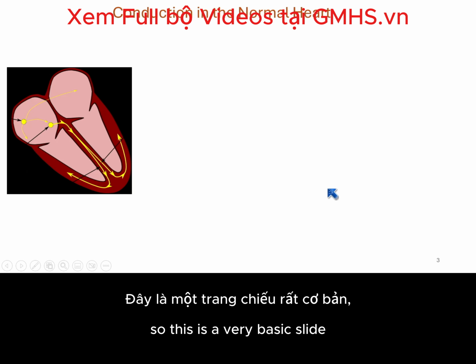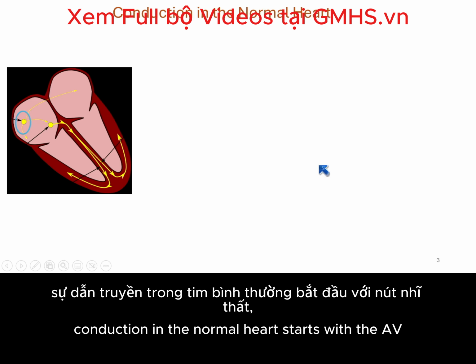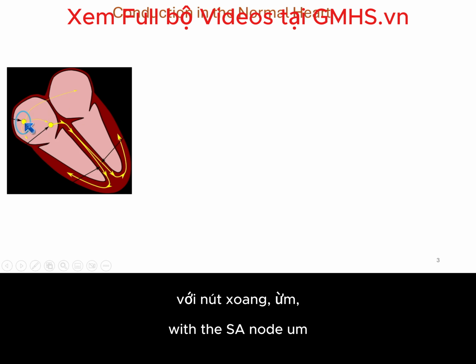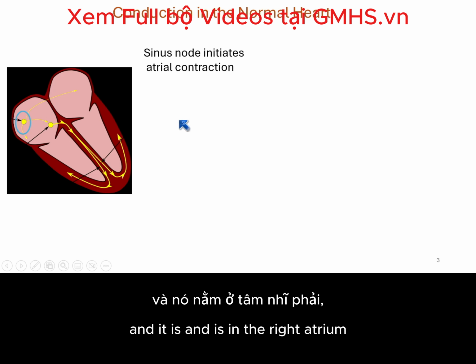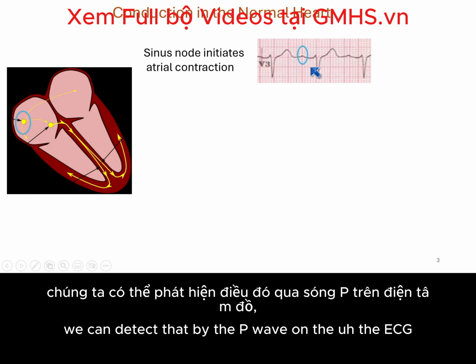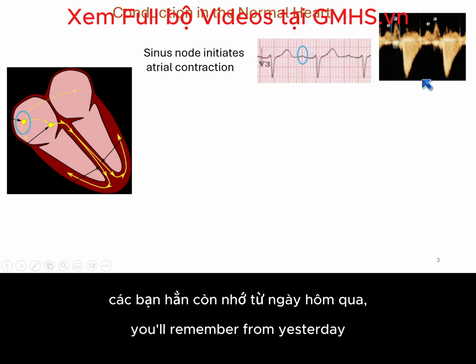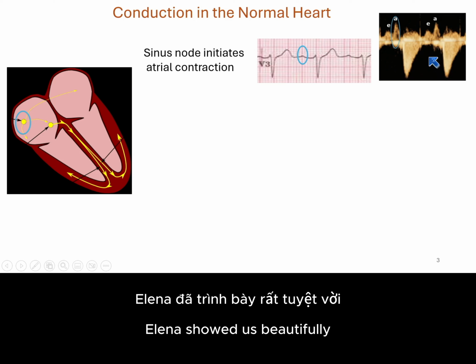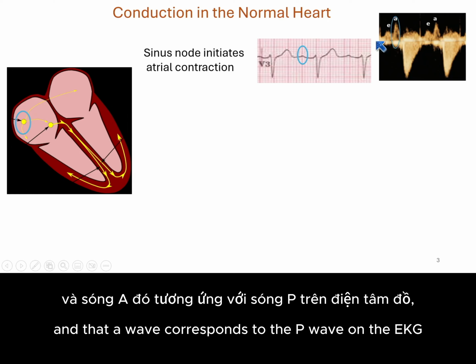So this is a very basic slide, but just so we're all on the same page, conduction in the normal heart starts with the SA node, which is this pacemaking region of the heart, and is in the right atrium. That initiates atrial contraction. We can detect that by the P wave on the ECG. And in fetal work, when we use our pulse Doppler, you'll remember from yesterday, Elena showed us beautifully the E and A wave of mitral inflow, and that A wave corresponds to the P wave on the EKG, which is